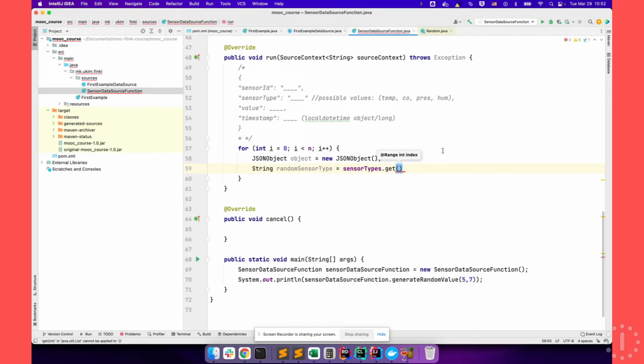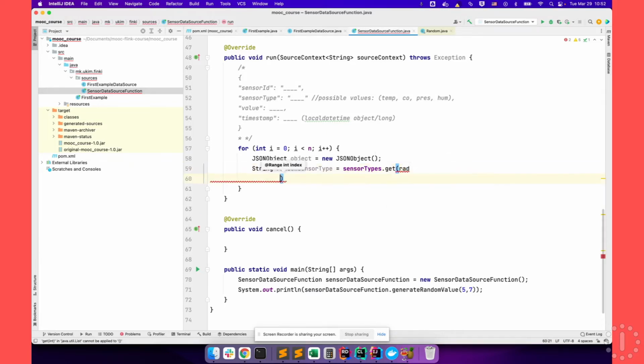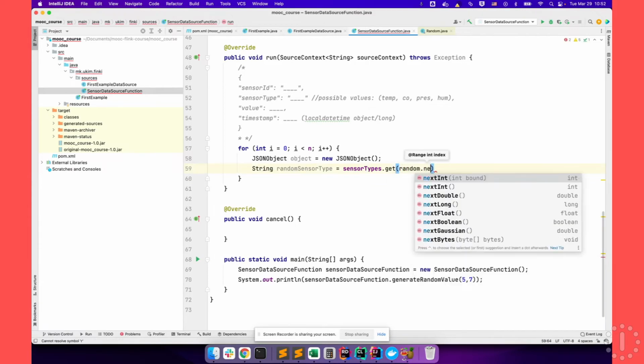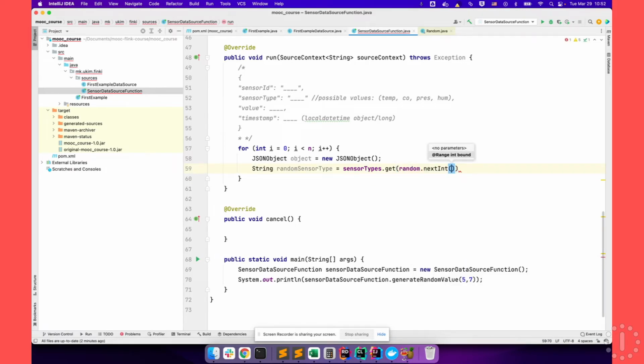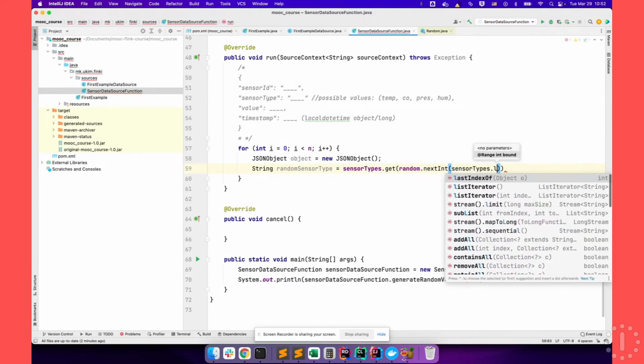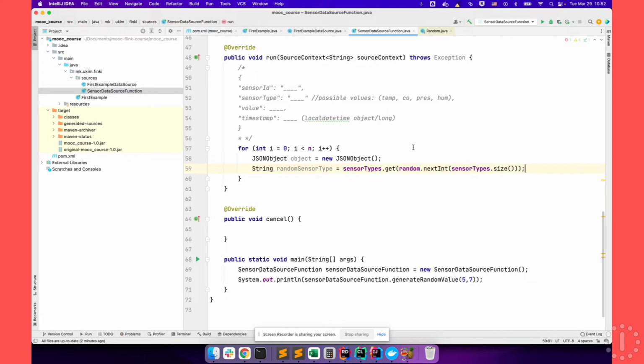The index will be between 0 and 3. And how can we get a number between 0 and 3? So we can say random next integer, and the bound of this integer would be the size of the sensor types list. That would be 4, and random next integer of 4 will generate 0, 1, 2, or 3, which is exactly